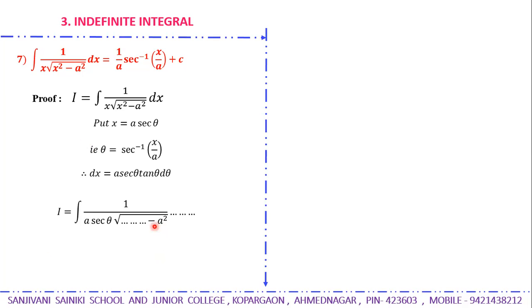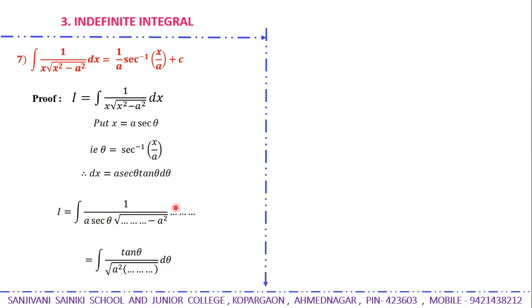Okay, so what will be here? Here x is a sec theta, so a square sec square theta, and dx is a sec theta tan theta d theta. Then from this I can take common a square, then in the square root sec square theta minus 1 is tan square theta. So here a square tan square theta,